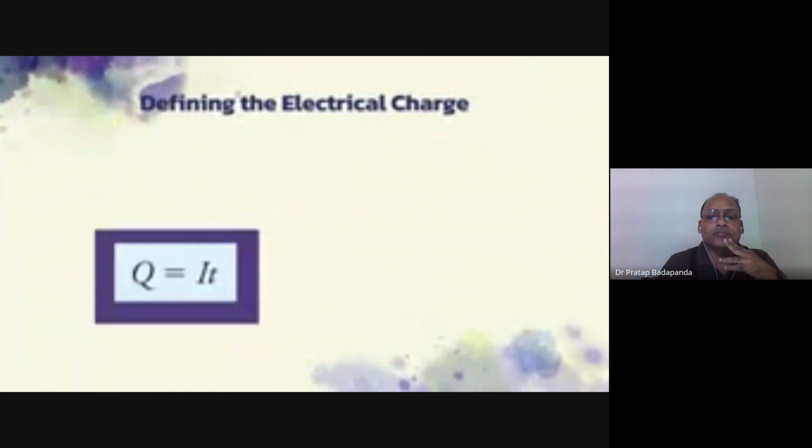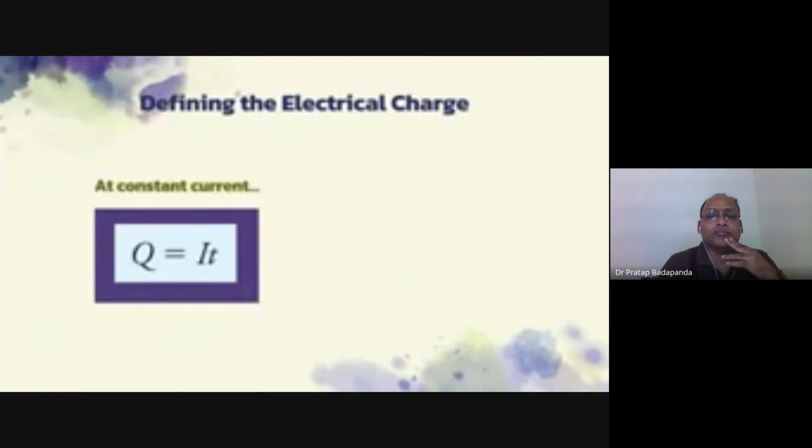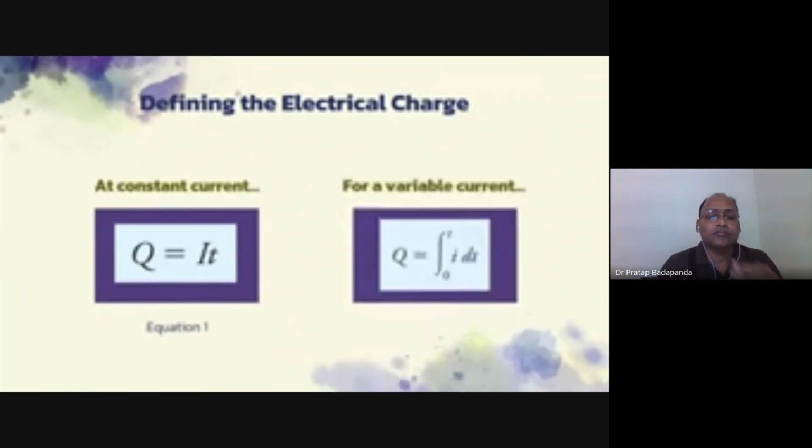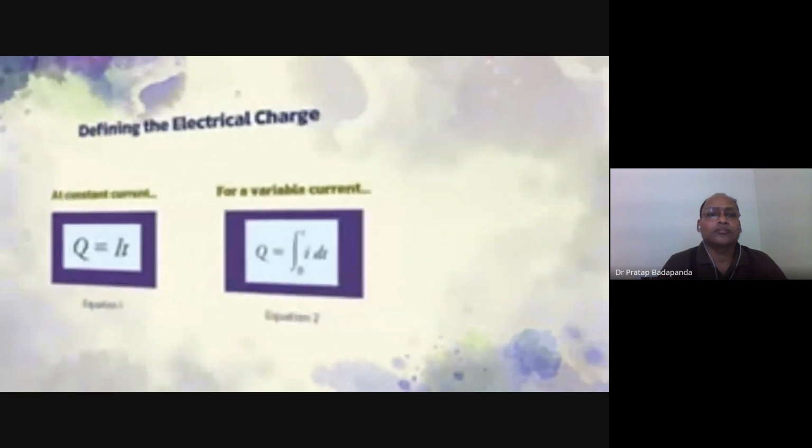The charge Q that results from a constant current of I amperes operated for t seconds is expressed in equation 1. For a variable current, small i, the charge is given by this integral in equation 2. Now, let me introduce you to another foremost scientist in history, who contributed greatly to the study of electromagnetism and